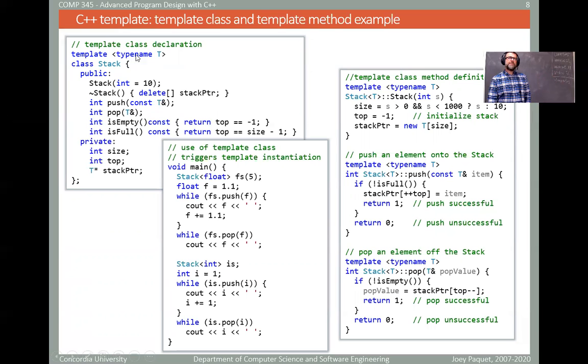So here, this is a template that uses the type variable T. Then you have a class declaration here. And then in some places when it uses a type, in this case the type of element that is stored in the stack is actually a pointer to a type T. So if you have a stack of int, then it would actually